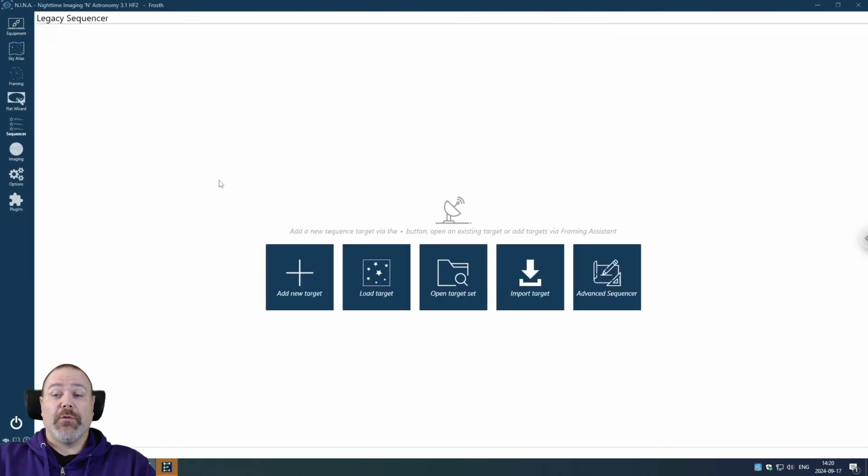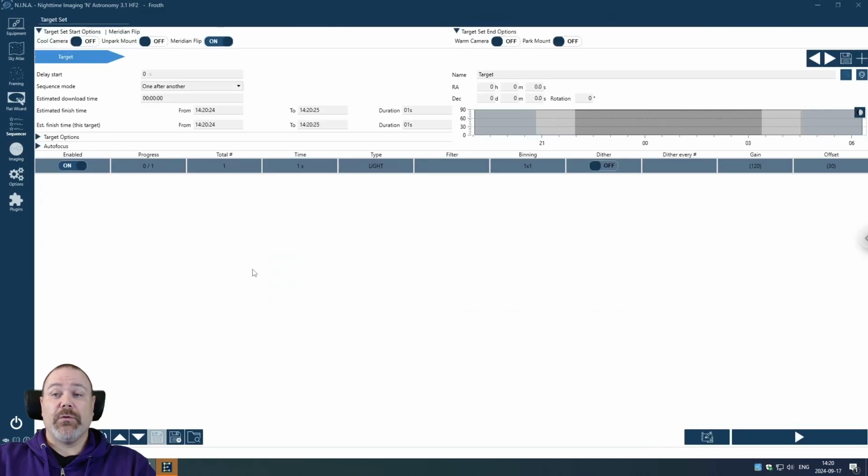For now, I'm going to add a new target here to the sequencer. I'm using the simplified sequencer normally if I don't have to schedule any advanced tasks in N.I.N.A. I'm going to give this a name. I usually use the designations in the name here. You can type in whatever you want. I'm entering the coordinates,